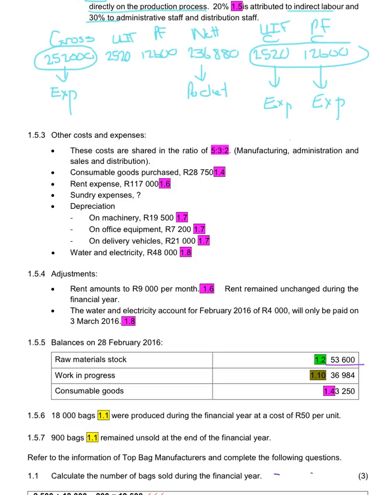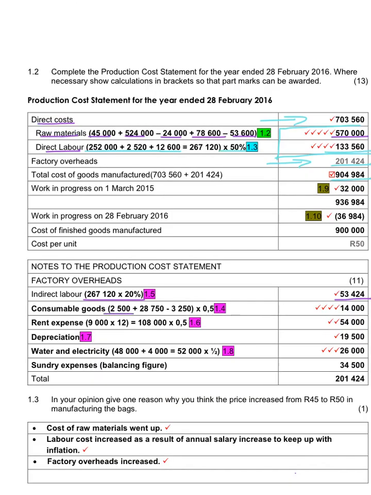Consumables that we purchased in the current year is 28,750, less the consumables that's left over at the end of the year. That will give us the total expense for consumable stores. These costs are shared in the ratio 5:3:2. That means that 50% of the total expense will be part of factory expenses and overheads. The opening balance plus the purchases less the consumables at the end of the year, calculate 50%,